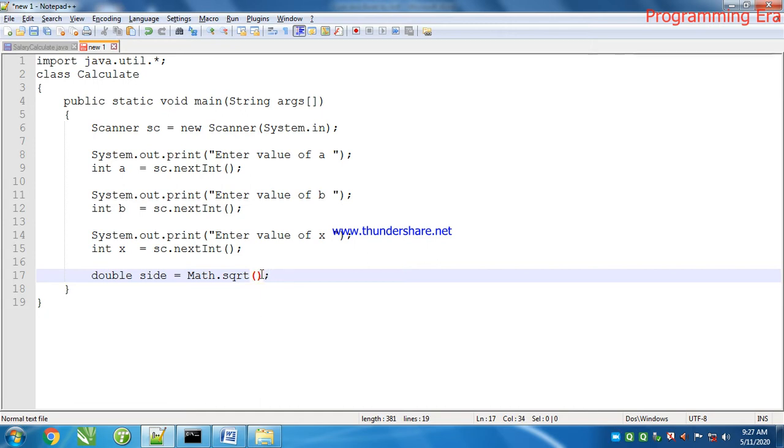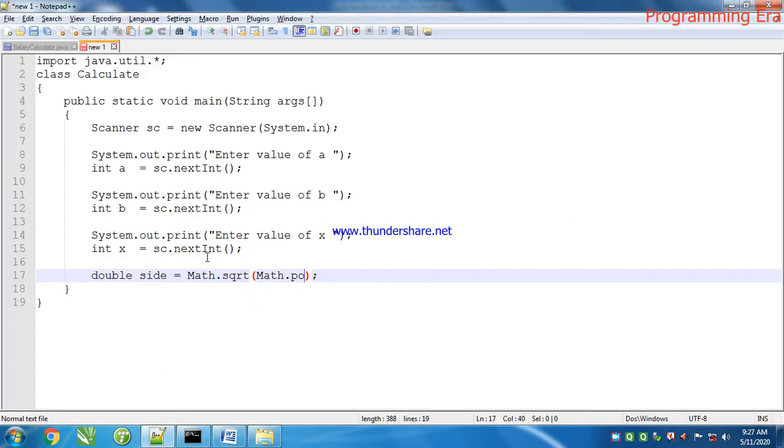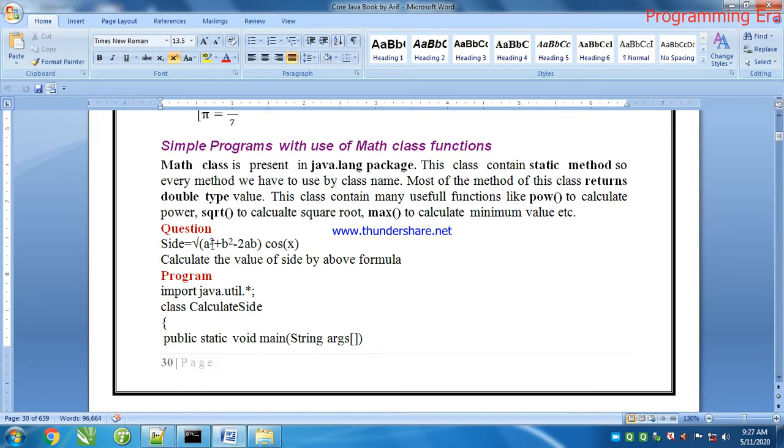After the square root will come this bracket, and we will calculate the power of a. For this we will take Math.pow. Pow is power: a comma 2, because a is squared.